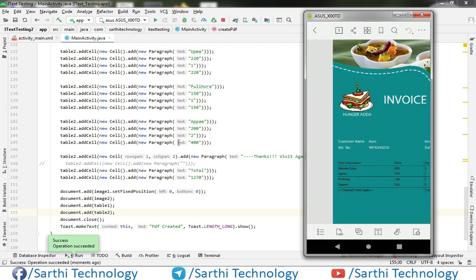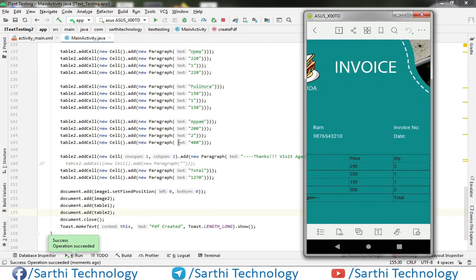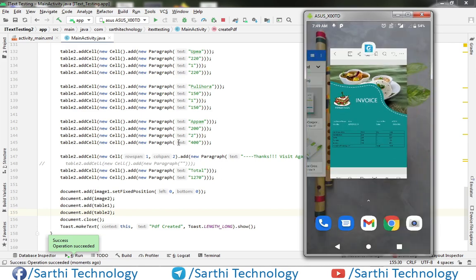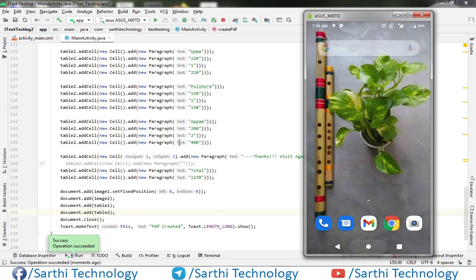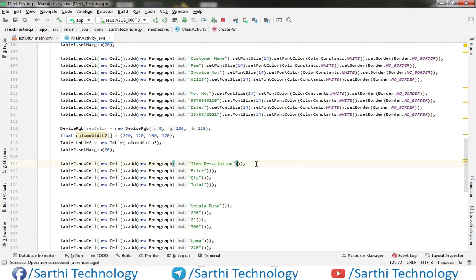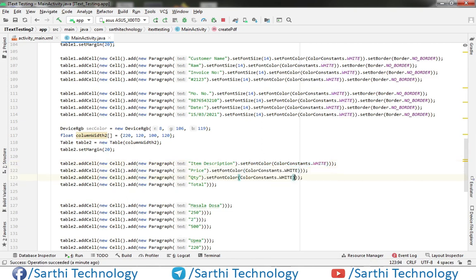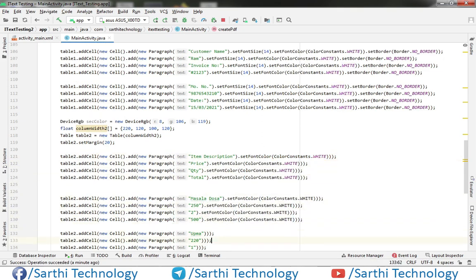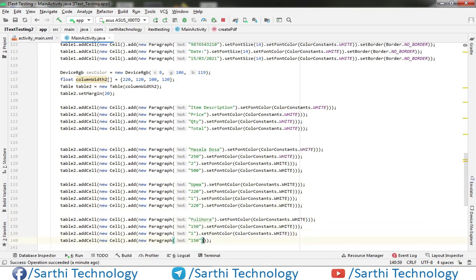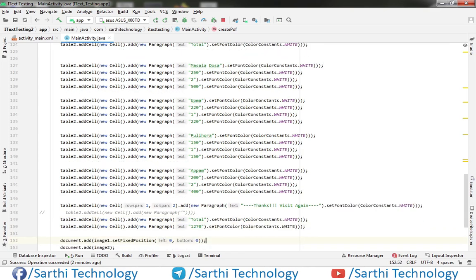So here you can see we have this invoice, and now we need to change color of this table. Font color is now white, and the second thing is set border, no border.